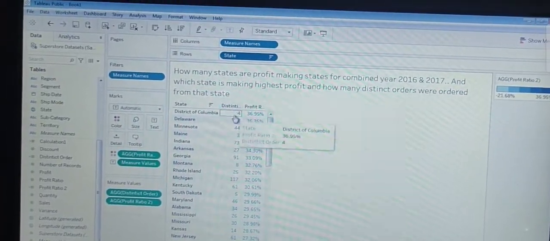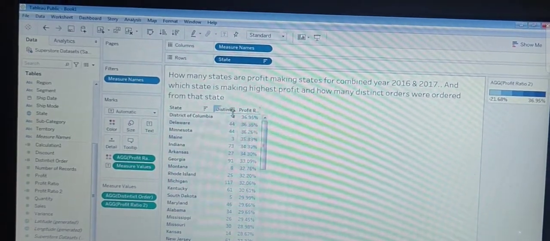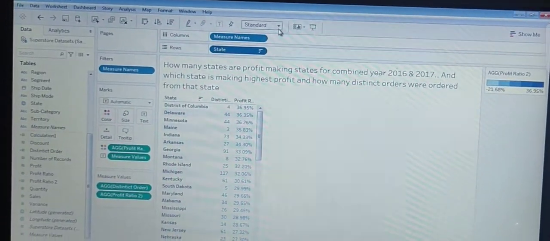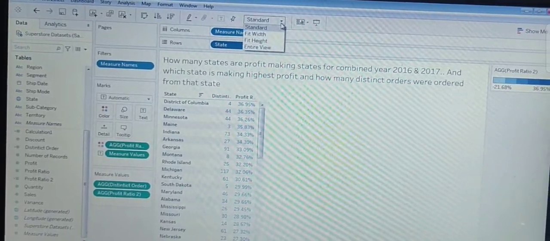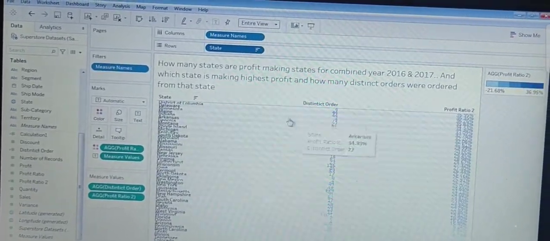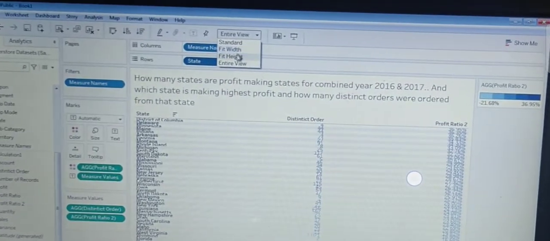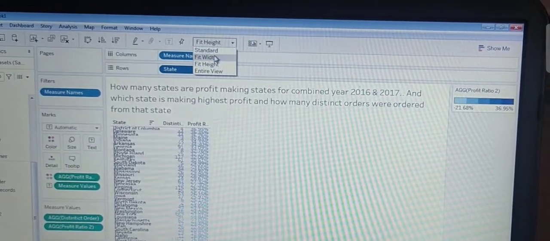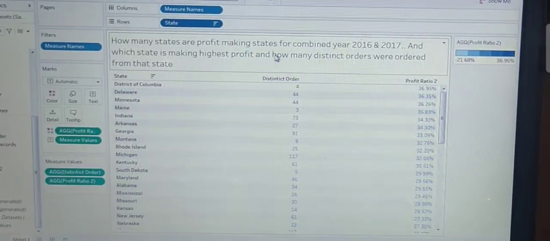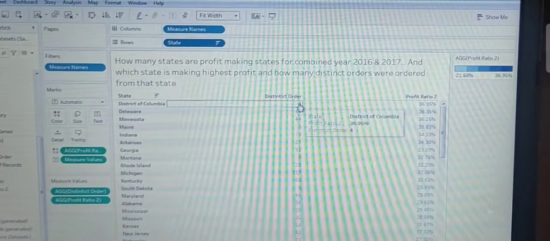As well as that, we can see the distinct order detail by clicking here, entire view. Now this is the distinct order, but you can hide it. We can see distinct order 4 and total profit 36.95.